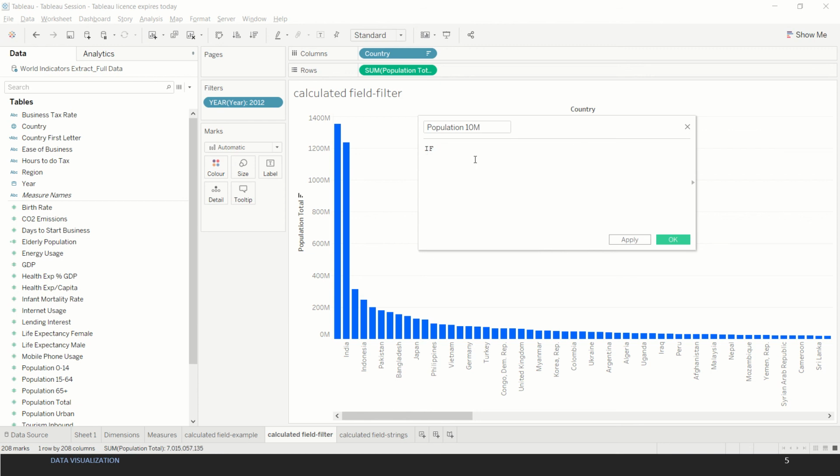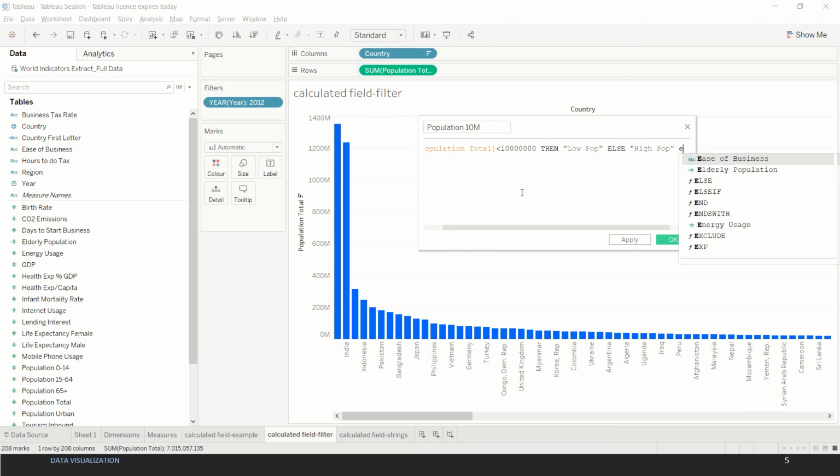So we're going to use this IF, and then we want to check if the total population, again if we type a few keywords it gives us the available options, and we use population total from here, is less than 10 million, then, again the keywords get highlighted, we select that one, then it's low population, else, within quotes, high population. And then don't forget to put the END keyword, and once you do it, it says the calculation is valid. You apply it